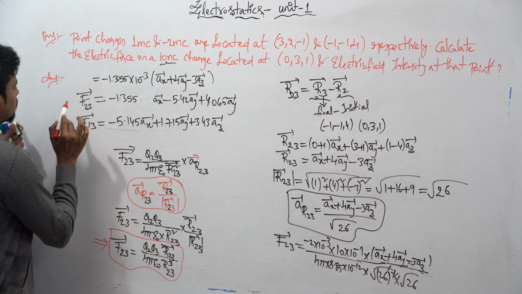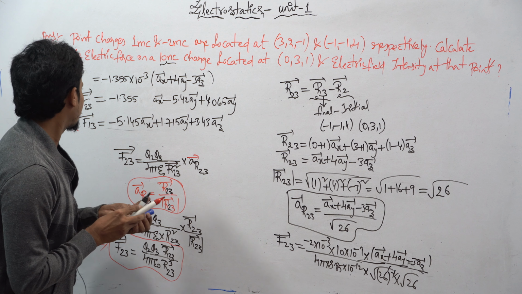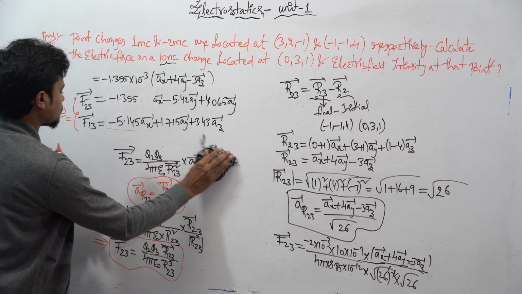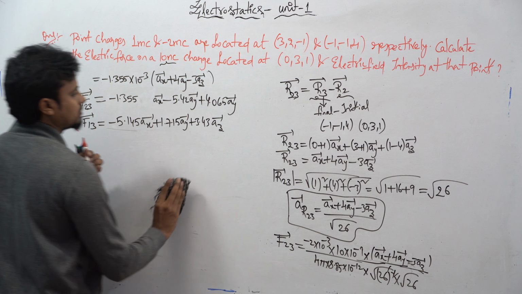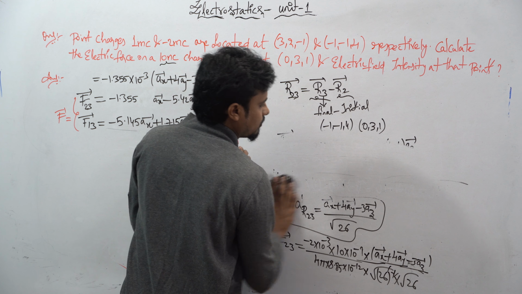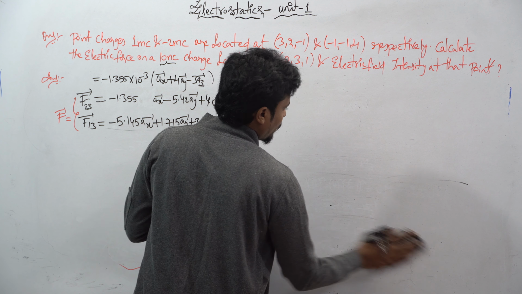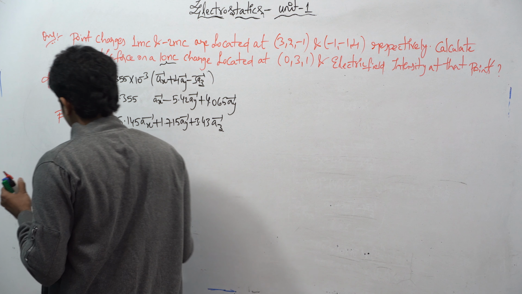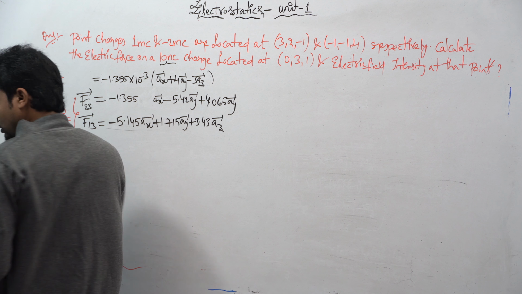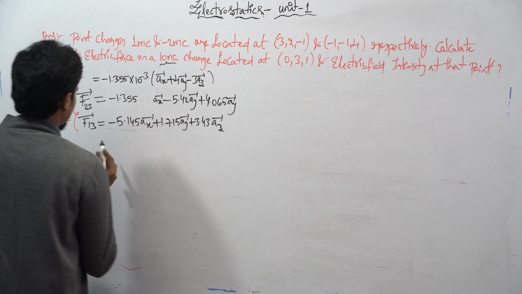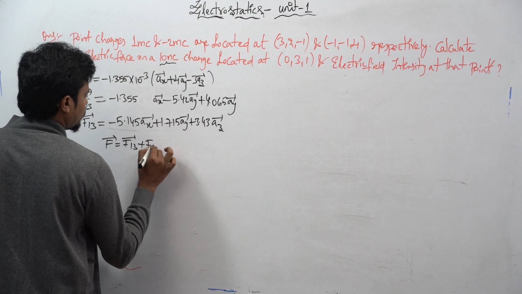Okay, now next, my target is to find out my resultant force. So my resultant force F bar is equal to the summation of F13 bar plus F23 bar. What will happen? In these problems, all you need is your calc only. There you can solve a lot of questions. So F bar is equal to F13 bar plus F23 bar.